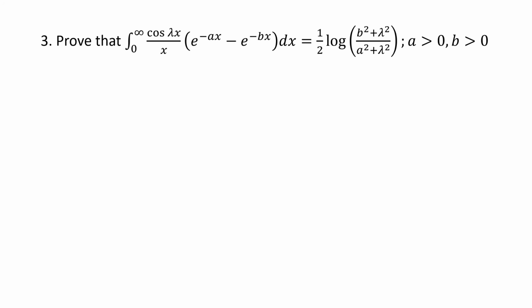Here the limits are constants, so we need to apply DUIS rule 1. Now, other than the variable of integration x, we have lambda, a and b. So three parameters are given in the integral, that is lambda, a, b, right? But there is no condition given for lambda, so we will just skip this lambda. So we are considering here a and b as two parameters.